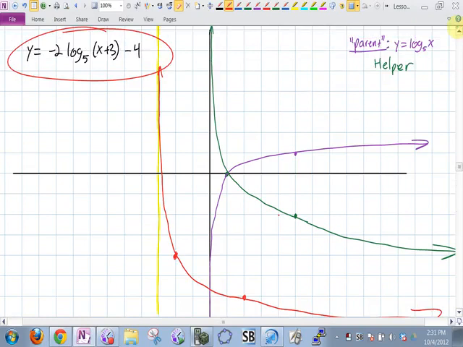Question? How would you reflect it over the x-axis and y-axis? Like, what type of solve that? So an equation that involves a reflection over the x-axis and y-axis, so maybe negative natural log of negative x. Is that the same thing as the inverse? If you reflect it over the x-axis and y-axis, no. No, it can't be because it's still going to have a vertical asymptote, and the inverse doesn't have a vertical